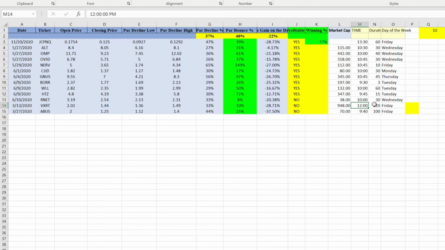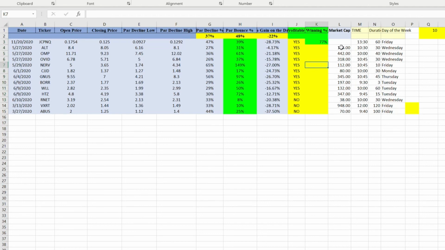Another thing is duration, how long it took for the stock to drop. And you see for the most profitable trades, all of the profitable trades, the duration was below 90 minutes. So that's another insight. So basically, if I had all this data and I wanted to make a decision how I'm going to trade this pattern and how I can maximize my profit,